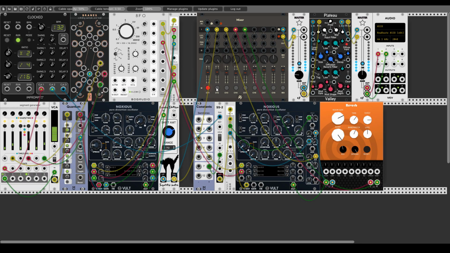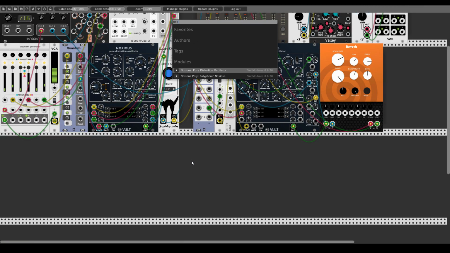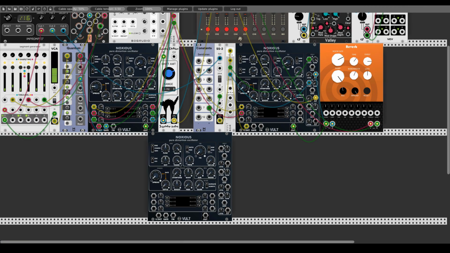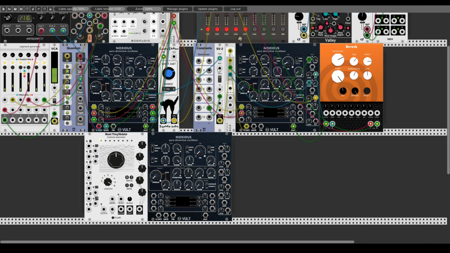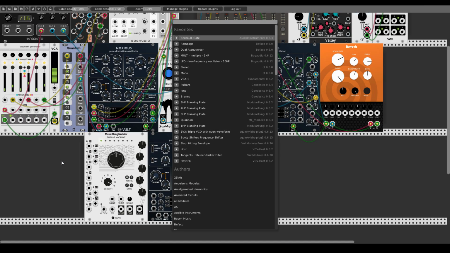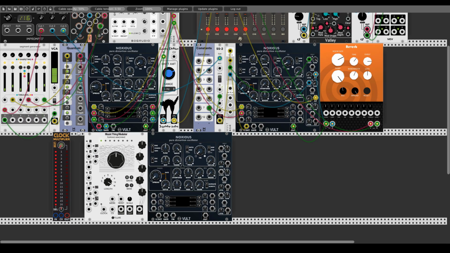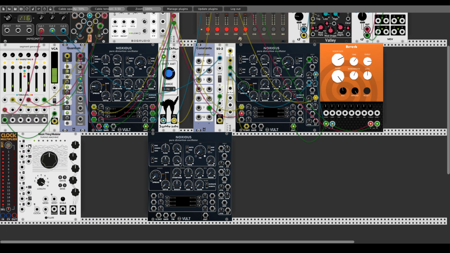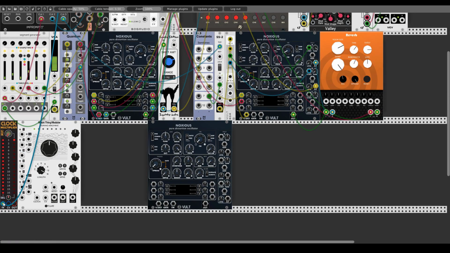Okay, let's add also some percussive sounds. Let me just mute those voices. And for this we will use again the polyphonic version of the oscillator. Let's use for this the Turing machine. And I want to drive the Turing machine with the faster clock, so let's add the clock multiplier. This one is from the Clear Factory. It's a free module. Let's just make something like this. And let's multiply the main clock by 4. This will go to the input of the multiplier, and let's take this to 4. And we will use this to run the Turing machine.